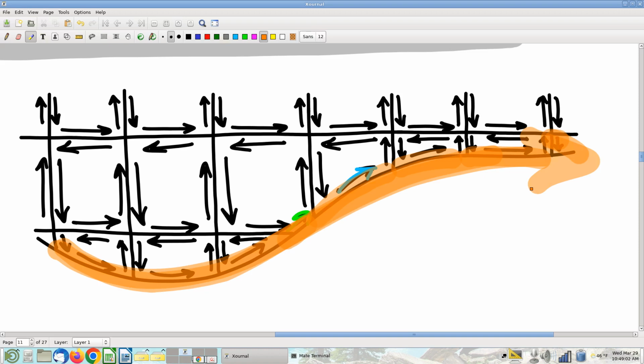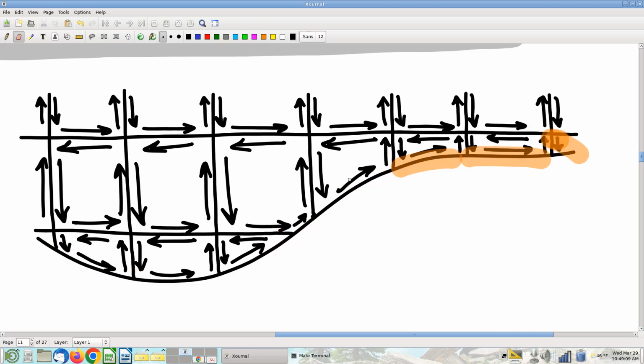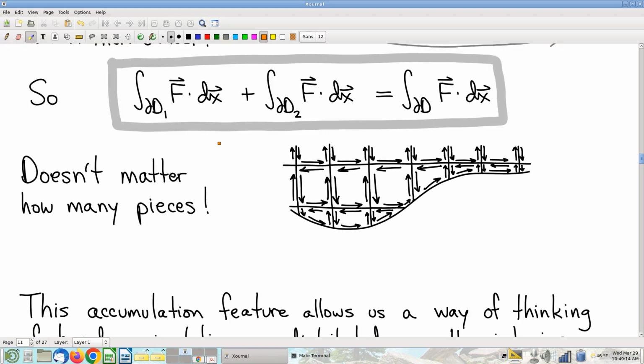Boundary circulation. Everybody see how that works? Divide into as many pieces as you want. Okay. All right. Now I want to remind y'all as we're developing these ideas,